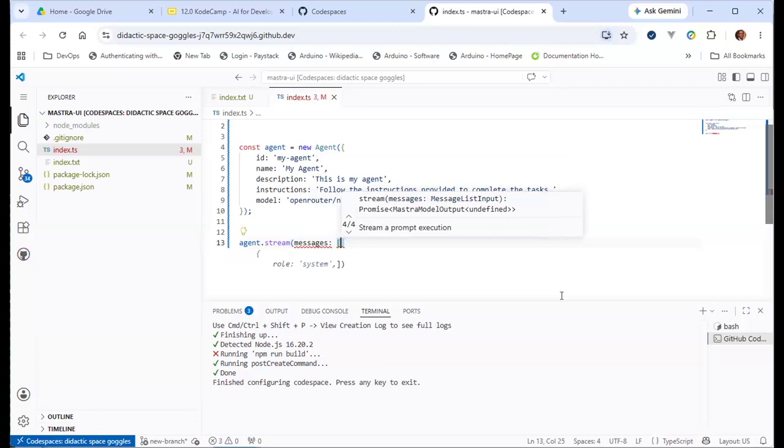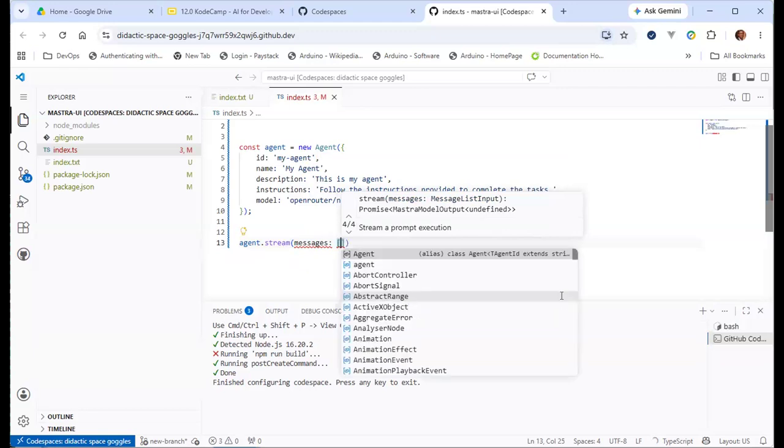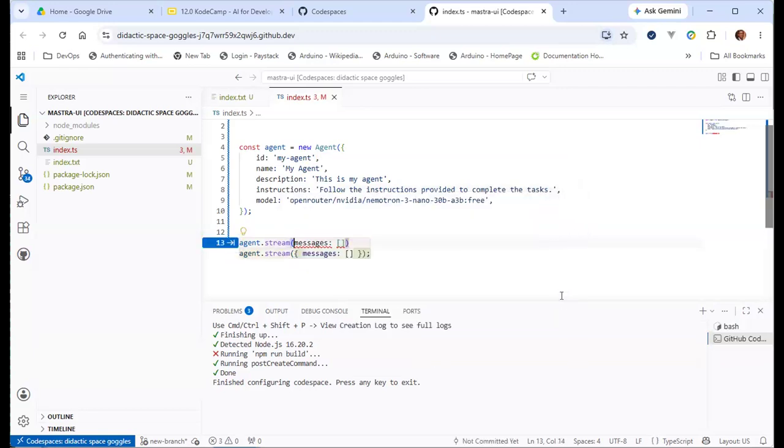This should be in that form. It should be the structure, like I said earlier.